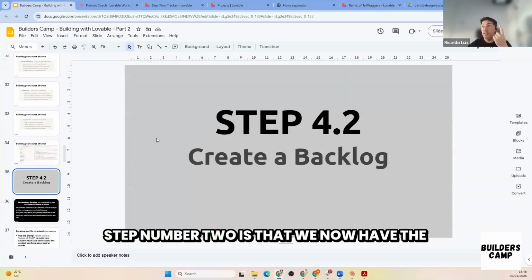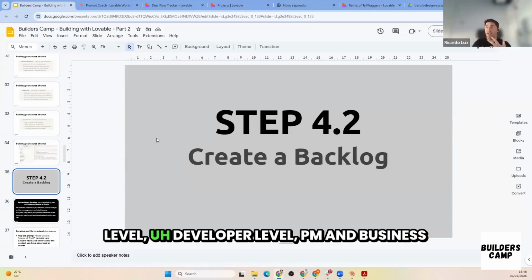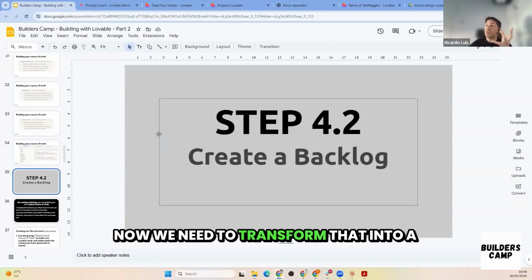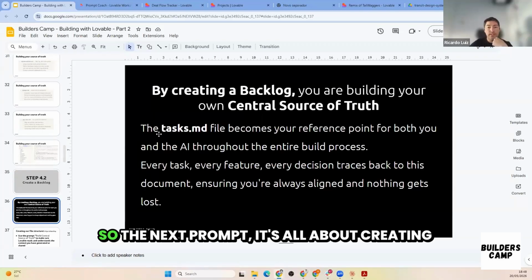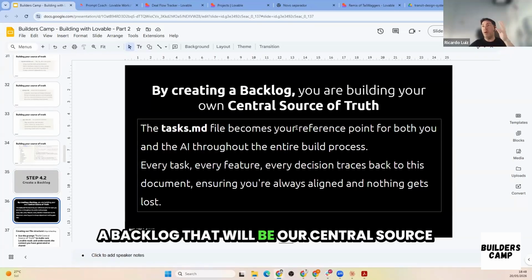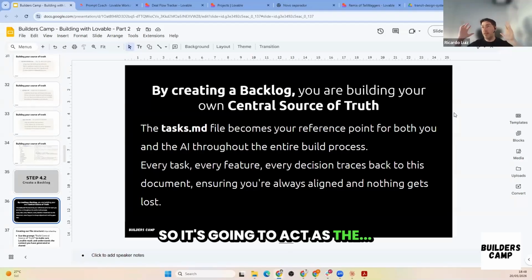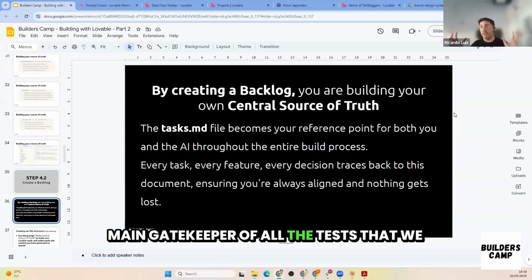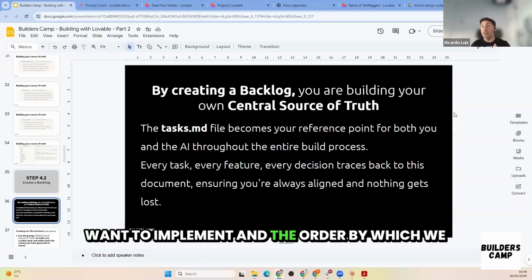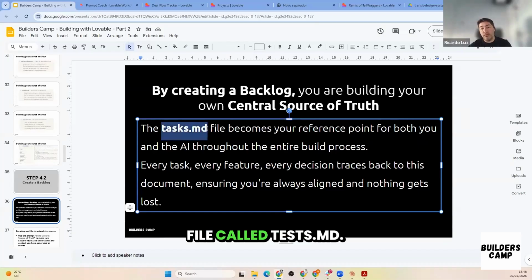Step number 2 is that we now have the knowledge to feed about the project, design level, developer level, PM and business level. Now we need to transform that into a backlog, okay? So the next prompt is all about creating a backlog that will be our central source of truth, okay? So it's going to act as the main gatekeeper of all the tasks that we want to implement and the order by which we want to implement. So basically, we are going to create another file called tasks MD,